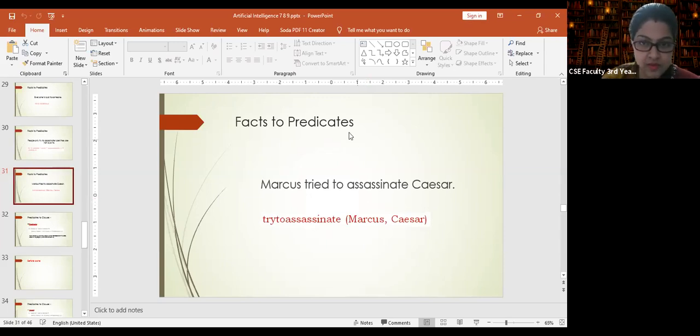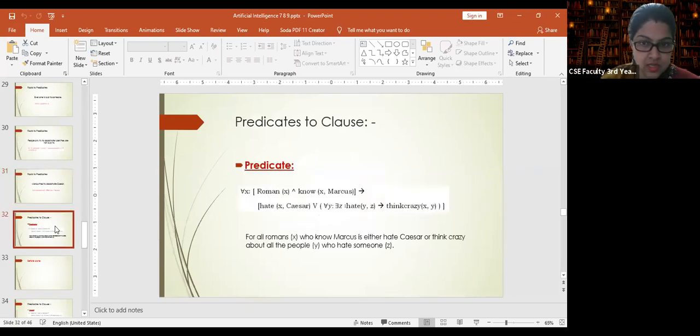Okay, so last day we have done how to convert from facts to predicates. Today we will see how we can convert a predicate to a clause. Predicate to a clause is what we will learn in this particular class. So, what is a predicate? The predicate is